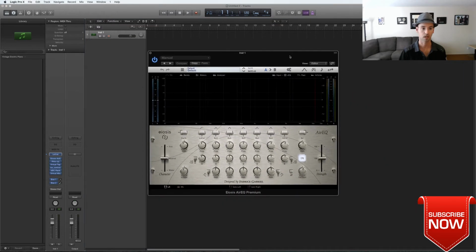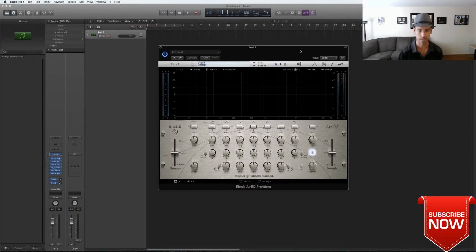All right. This became a standard in EQ. And there's definitely some reasons for that. Okay? So this is built by my friend Fabrice Gabriel. He's French like me. He's the guy creating all the algorithms for the company called Slate Digital and Aosis. Okay? So there's a few things that are absolutely unique about this EQ, it's just incredible.